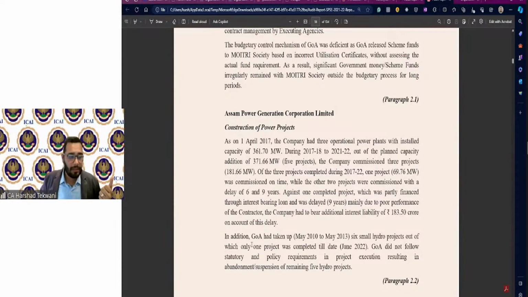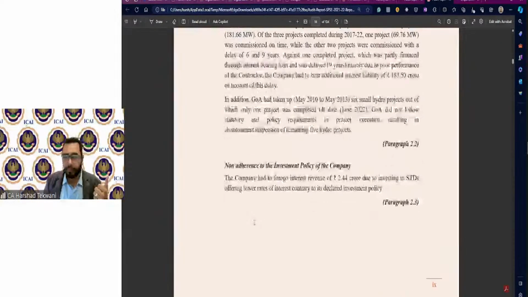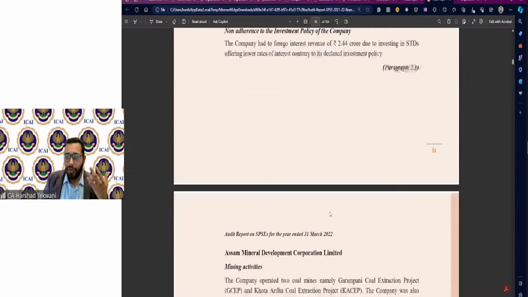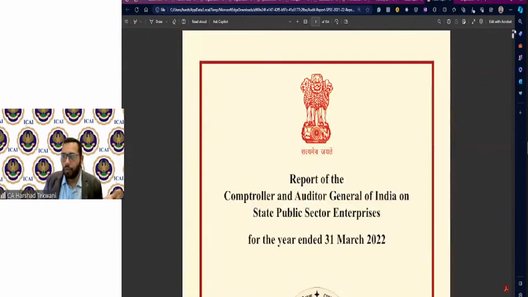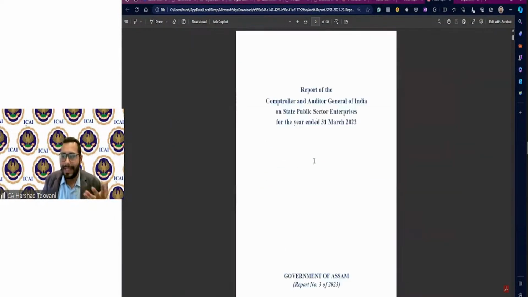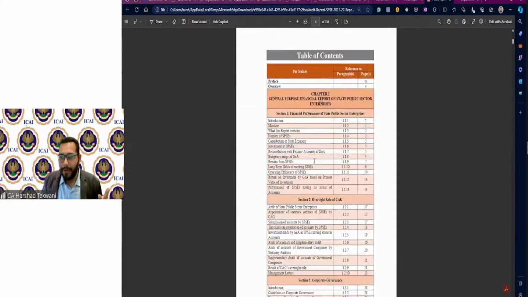So there are expectations on both ends. How and where your report will go, where it will be forwarded, what will be done with your report, who is looking at your report, who the stakeholders are, and what they are looking for. Basically, who are the readers of your audit report? And number 2 is what type of engagement you are in. For example, non-adherence to the investment policy of the company. These are things which might be there in your audit report, and from there they are reported over here. Based on that, you need to understand what will happen with respect to your report.